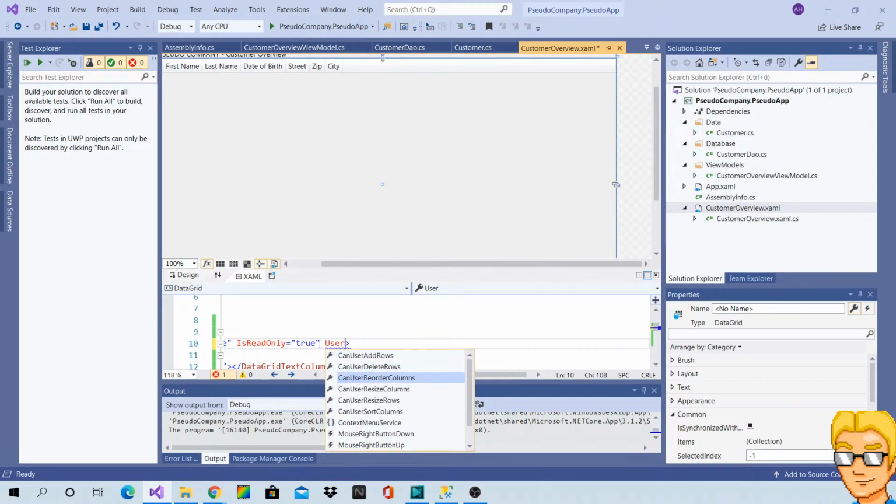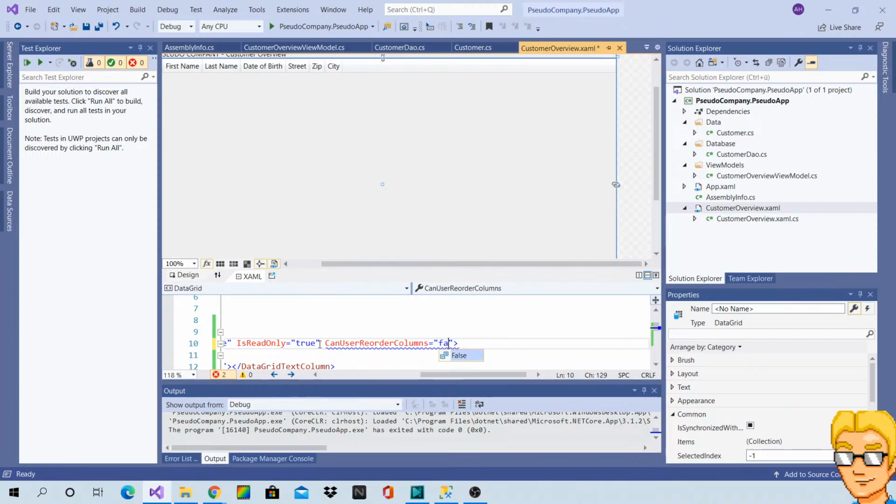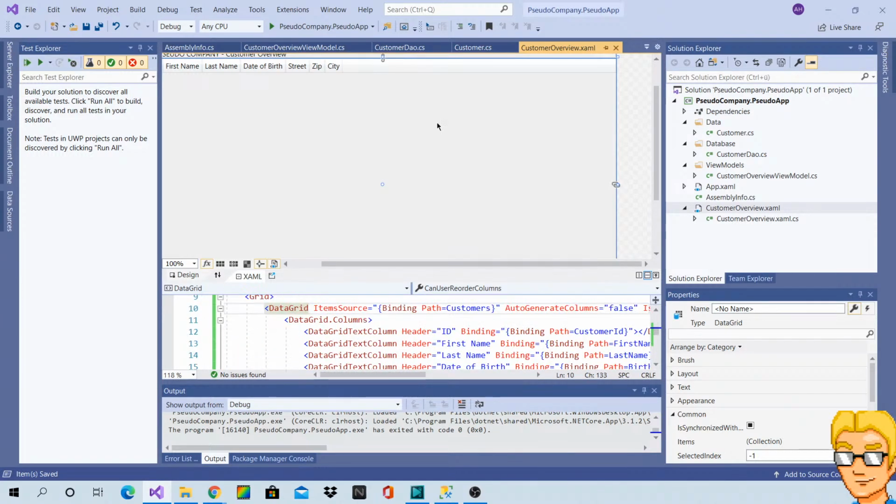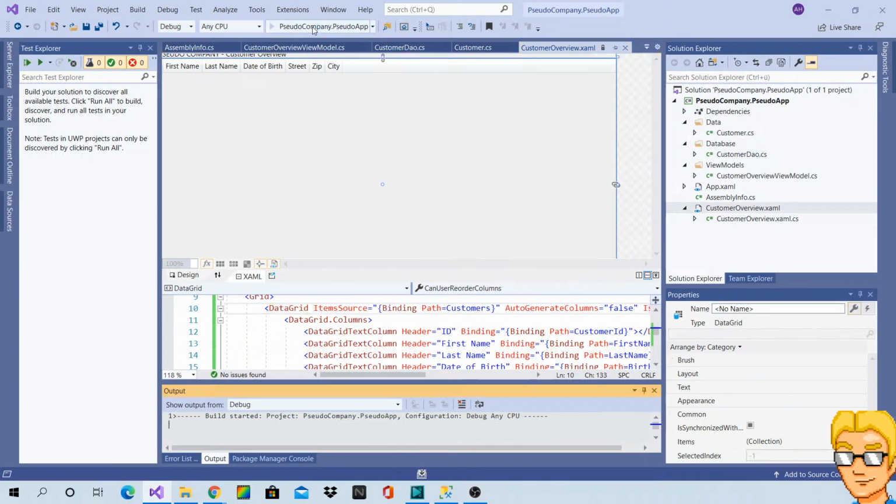Can user reorder columns? False. Oh, whatever. Yeah, and I think that's fine.